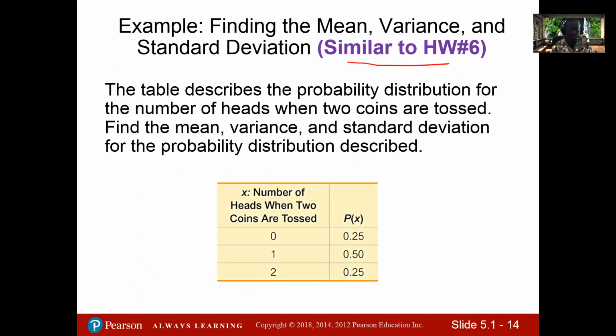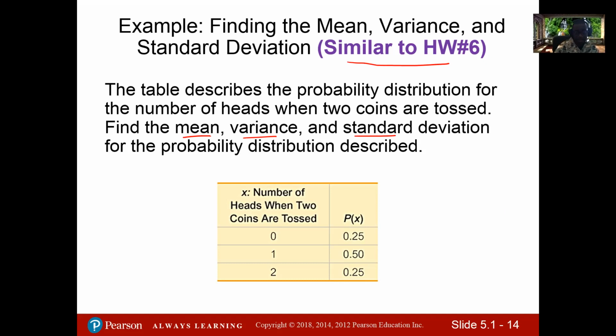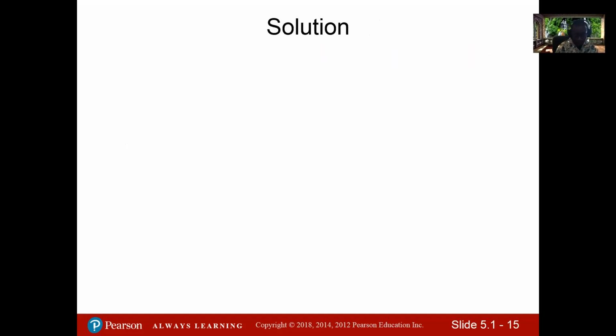We'll be doing this homework number 6 using the StatCrunch in a minute. But here I have a table that describes the probability distribution for the number of heads, the one we just did. Same problem. Now, this time, we want to find the mean, the variance, and then the standard deviation. We have explained how we got this table. So we're going to calculate this together. For the standard deviation, I will use the second formula, and I will give you that in a minute. So A, the mean